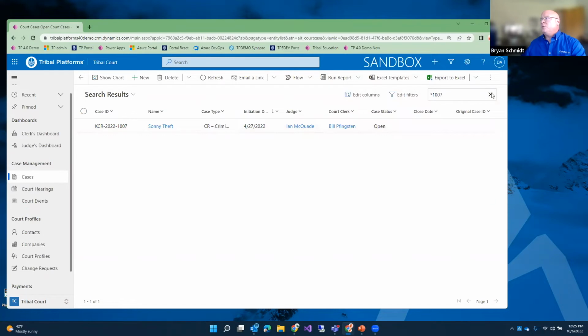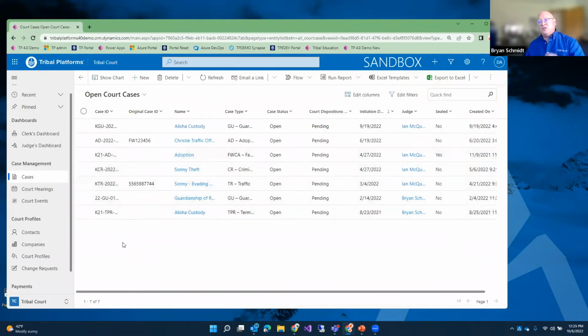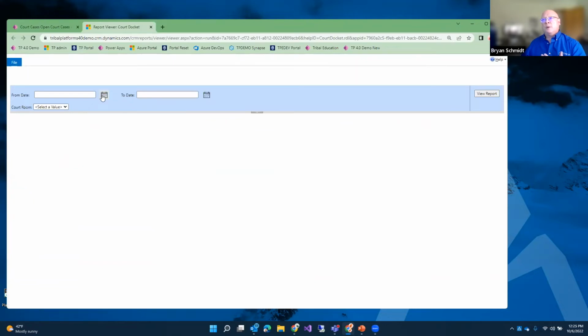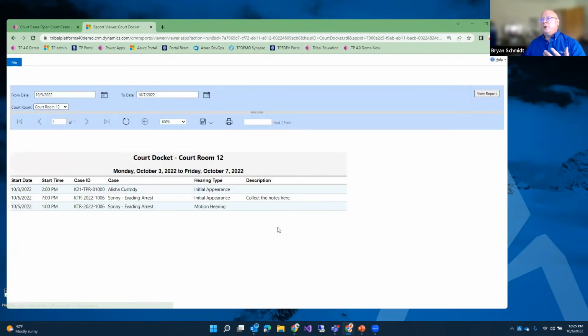So it provides me great capabilities to see the information very easily, get a quick review of the status of everything. And from here, typically a standard process is to then say, hey, I need to be able to print my report or my court docket. So I can pick this and say, okay, I need my court docket for this week. And I can pick the specific room for the courtroom and then go ahead and run that report. And again, this is designed as a template, but it's very flexible, and we would actually adjust this court docket template specific to your requirements and your format.